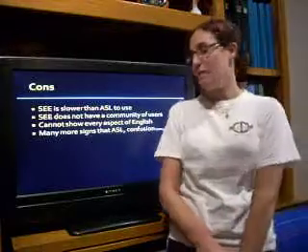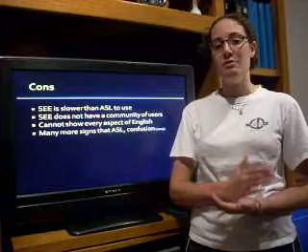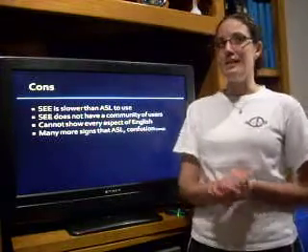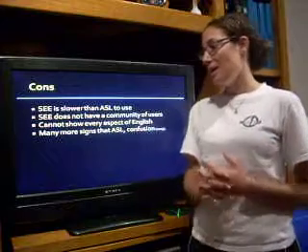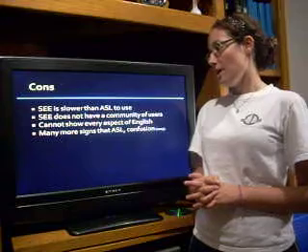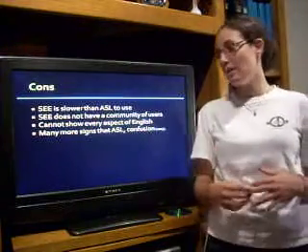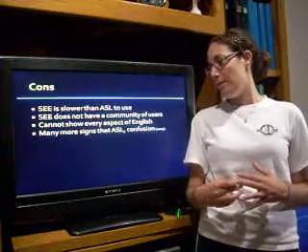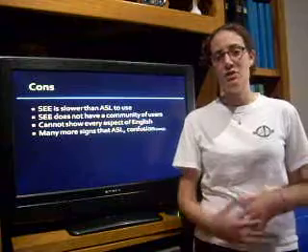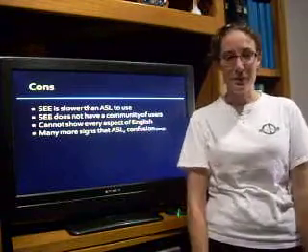Some negative aspects are that SEE tends to be a little slower than ASL. Since you're doing word for word exactly what English is, it's hard, and ASL just has so many quicker ways. SEE does not have a community of users like ASL does. You cannot show every aspect of English on your hands, and then there's many more signs than ASL, so it can cause confusion of which language you're using, whether you're using SEE or ASL or whatever. So